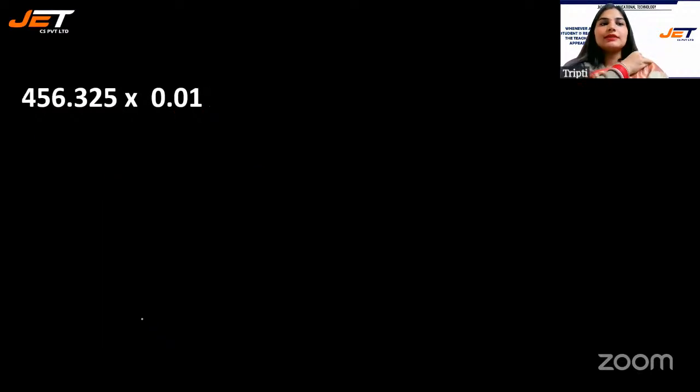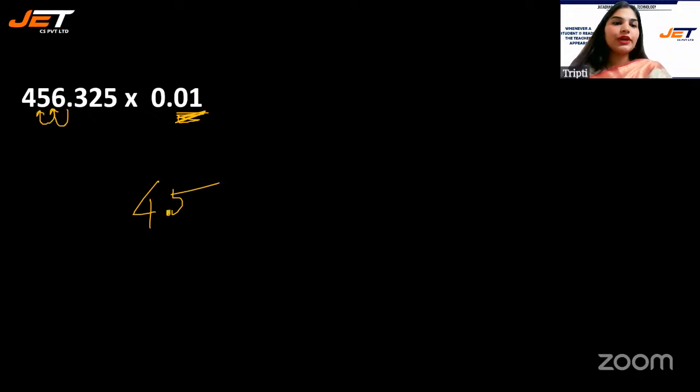Do this, please. It's 0.01, two decimal places again. So I will shift this decimal two places to the left. 1, 2, it will be 4.56325. Okay. Next one,